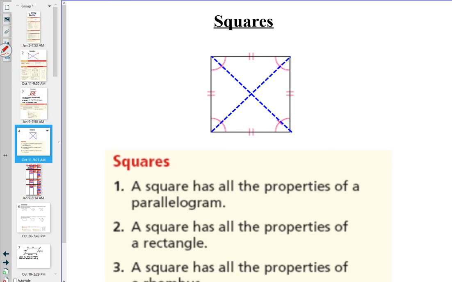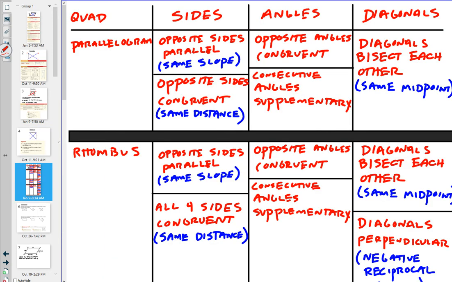Diagonals are congruent. Diagonals are perpendicular. Diagonals bisect each other. Sides are congruent. Angles are all congruent. Opposite sides are parallel. Everything that's on here before it applies to squares. So what I did then is I conveniently placed that for you all on one page. If you're following along on the notes that should be in front of you right now,